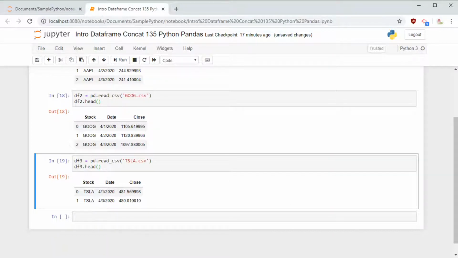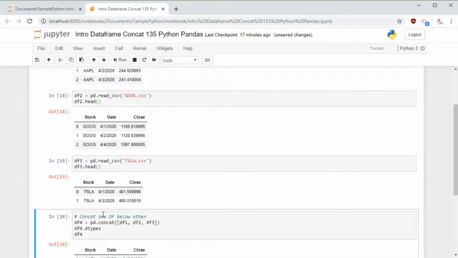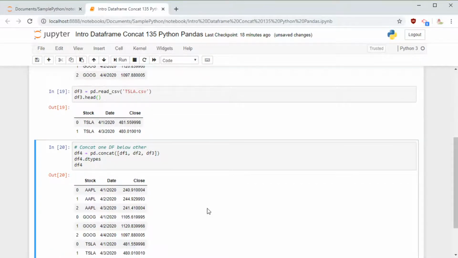So now when you want to concatenate, there are various ways we can concatenate, and the simplest is one below the other. Like in SQL, we have a union statement, very similar to that. In Python, we have this concat, and you can feed a list of data frames as an input. So we have data frame 1, 2, and 3, which corresponds to Apple, Google, and Tesla.